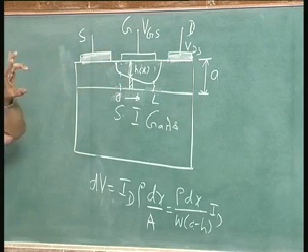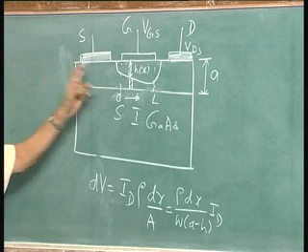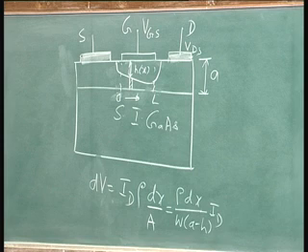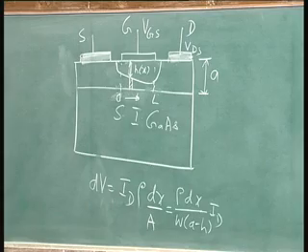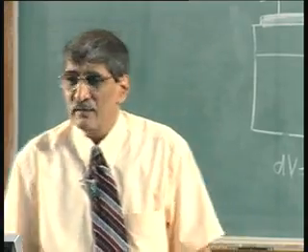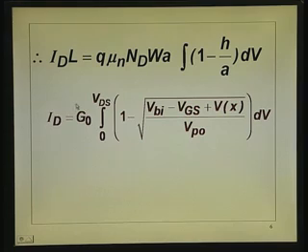A into W is the area of cross section, L is the length. So, G naught is the conductance of the channel which is fully open. It is easy to remember in that particular way, you do not have to worry about what is the thing. In fact, it is 1 over R channel resistance if the channel is fully open. Rho L by A, I put it as L sigma into A by L. Okay. Now, integral